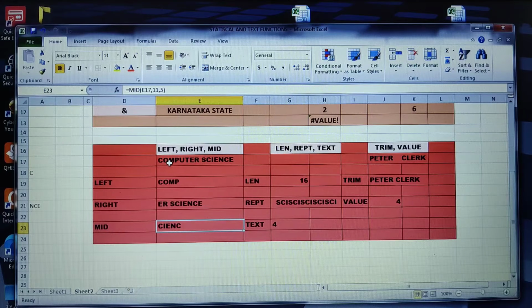1, 2, 3, 4, 5, 6, 7, 8. Till computer it is 8. Then 9, then 10, then 11. From C it is 11 and that too only 5 characters I want. So 1, 2, 3, 4 and 5. So that's the reason